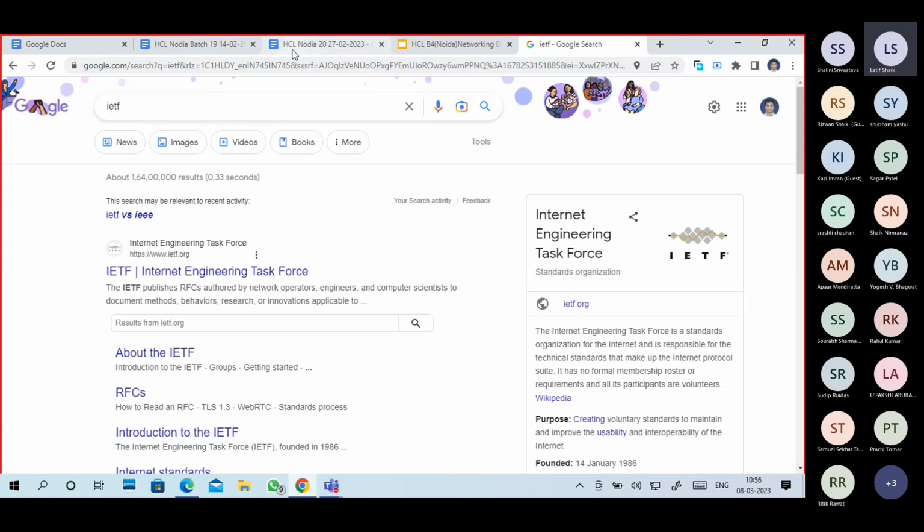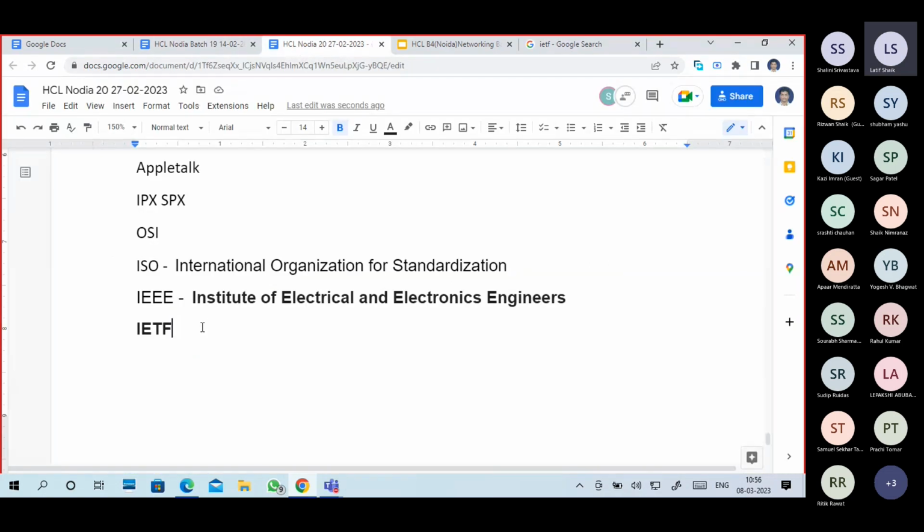So different organizations are there in networking. Request for Comment is not an organization. Request for Comment means that when you want to know any journal comments, we do a request for comment.